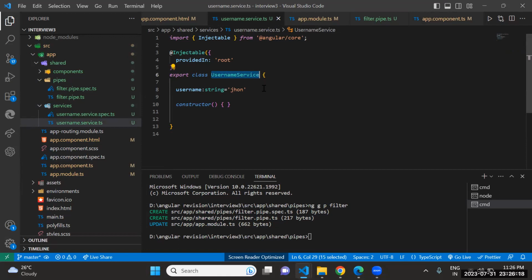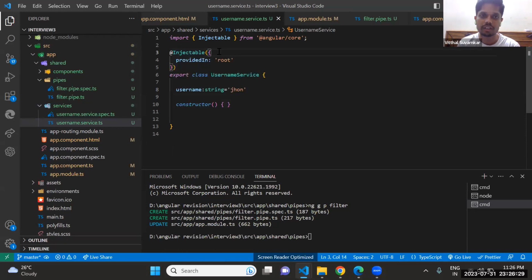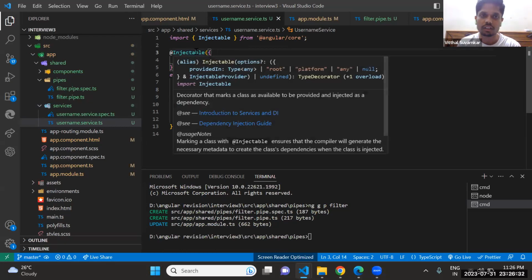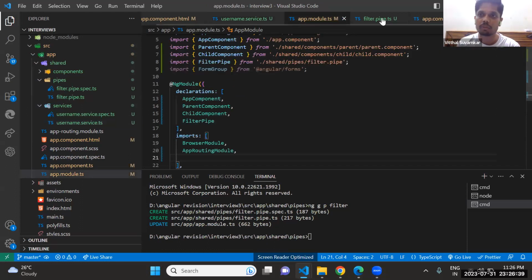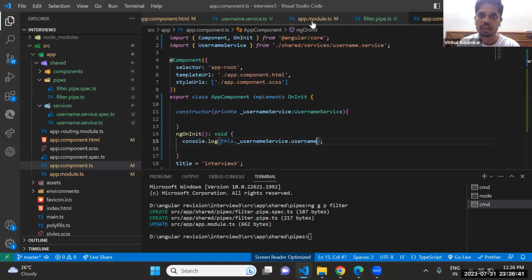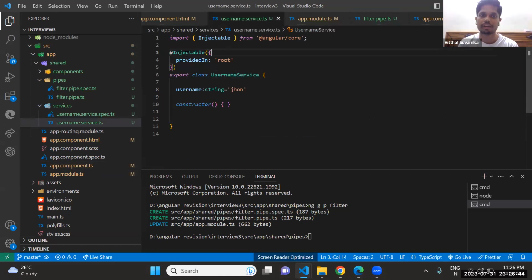Okay. At line number 3, @Injectable. What is this? Sir, this is the service, which we can call dependency injection. With the help of @Injectable we can inject the service into other components, with providedIn root. Where do we use it?